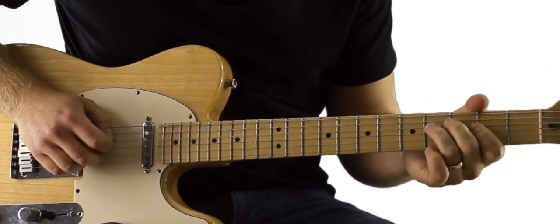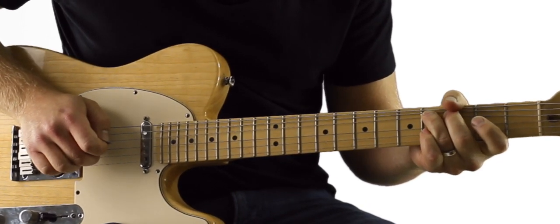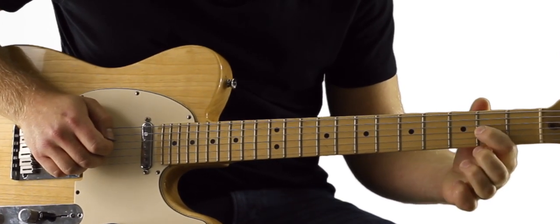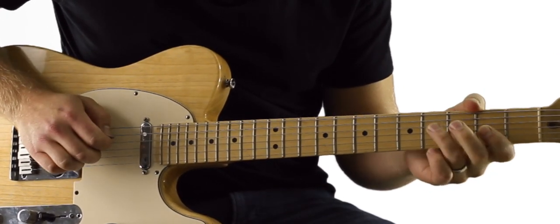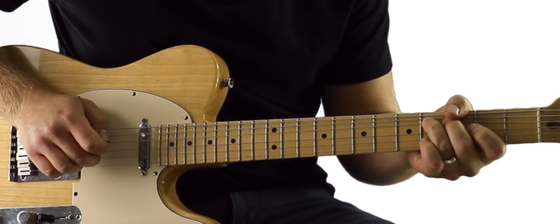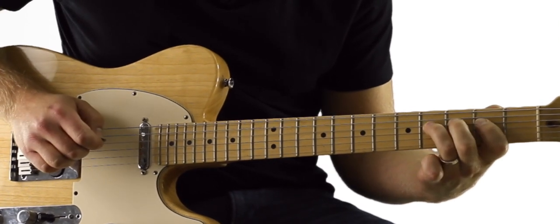Alright, so we start on this 4th fret of D, we bend up just a half step, cluck the open G string. Now we're going to go to the 4th fret of G, pull off to 2, pull off to open, and then 4th fret of D again with a half bend. And now we're going to go to 4th fret of D, pull off to 2, open,